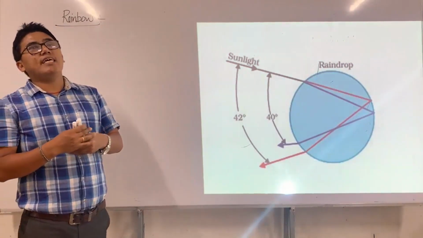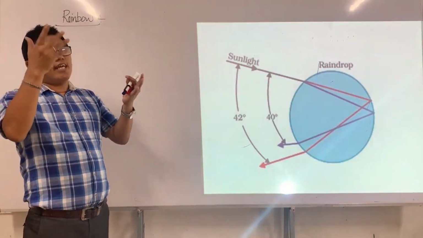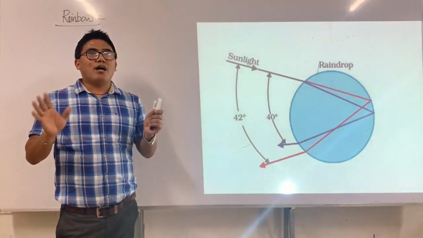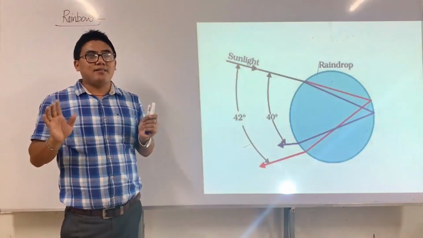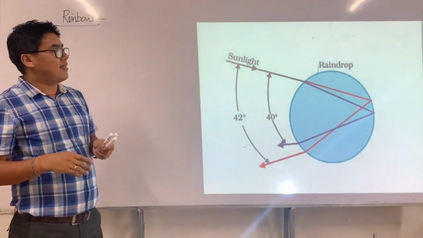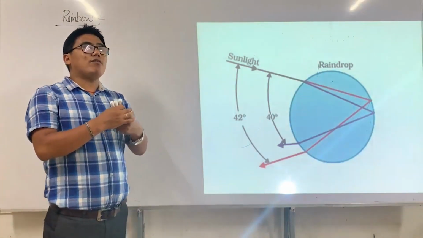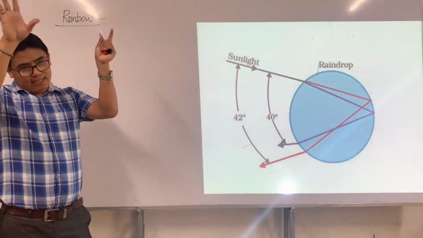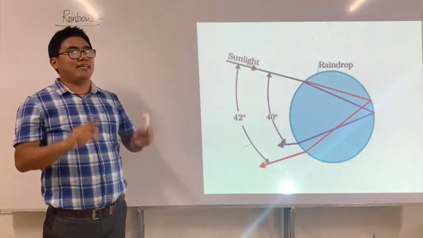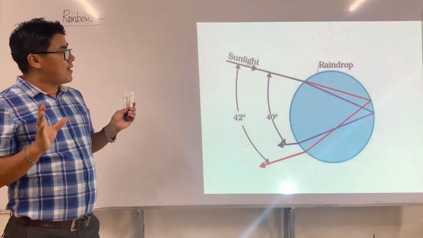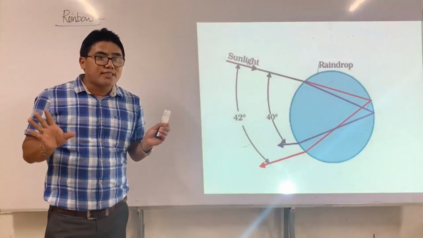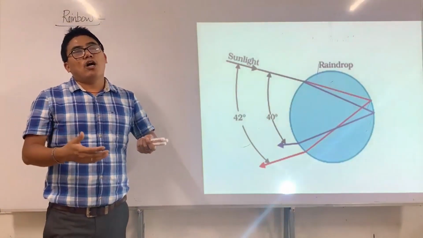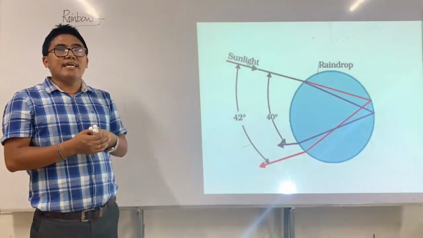So we normally see a rainbow just after rain or during a rain, right? We never see a rainbow during a completely clear sky. There should be some rain. So therefore, whenever we talk about rainbow, there must be so many droplets of water in the space or in the sky. So now, let me first give you the conditions. You don't see a rainbow everywhere. You have to satisfy some conditions in order to see a rainbow.